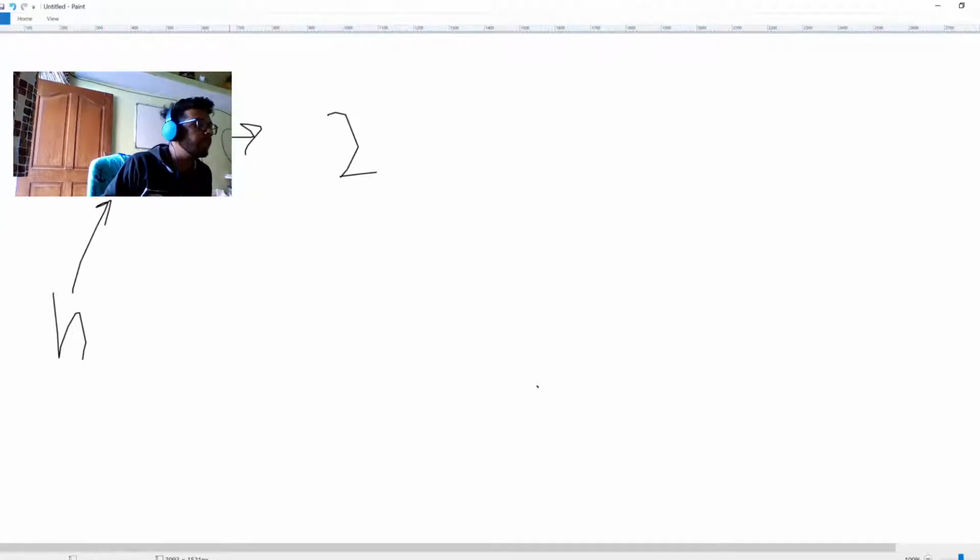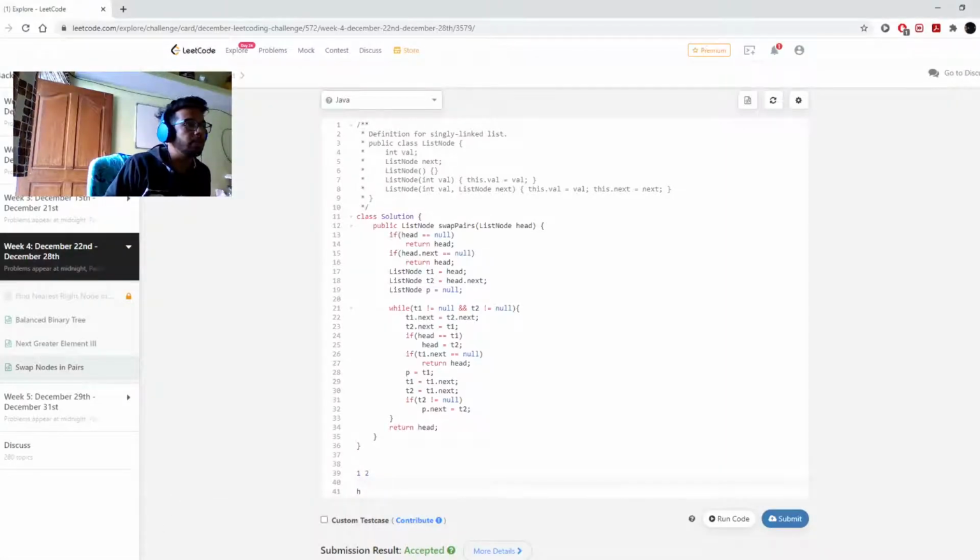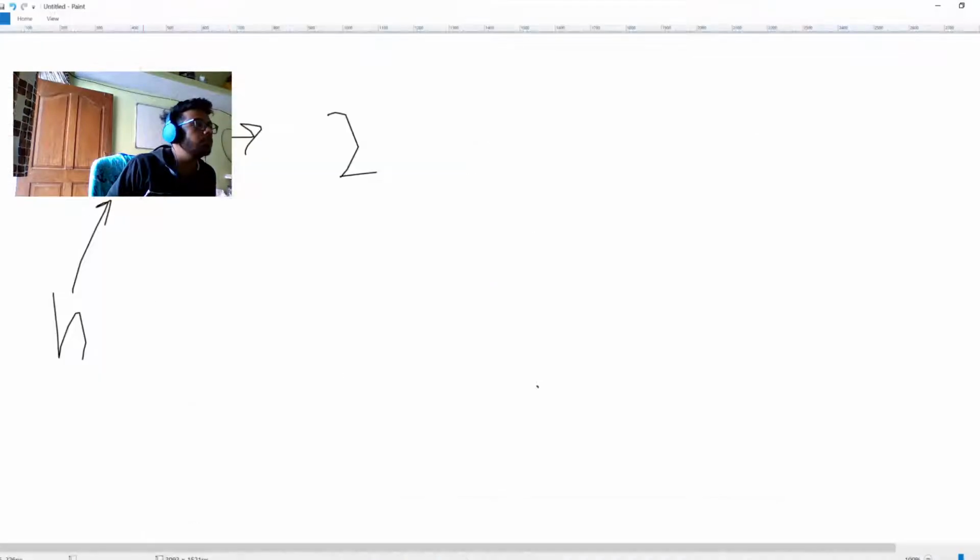What I do in my code here is I first assign the value of t1 and t2 to be this. Why am I so comfortable with doing this? Because I have already checked the condition if head is not null, otherwise we would have gotten a null pointer exception here. Then let me assign it: t1 is at this and t2 is at this. Now, if we just consider this small case,